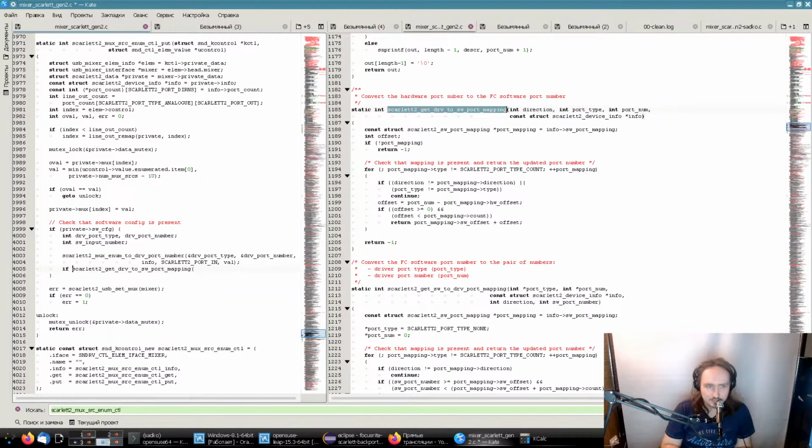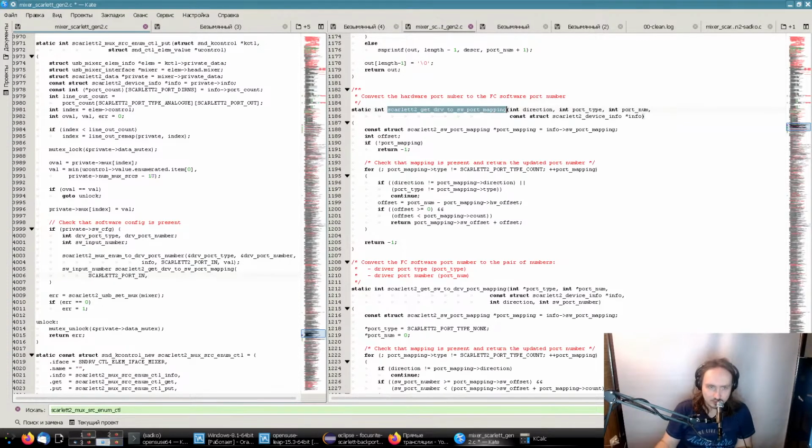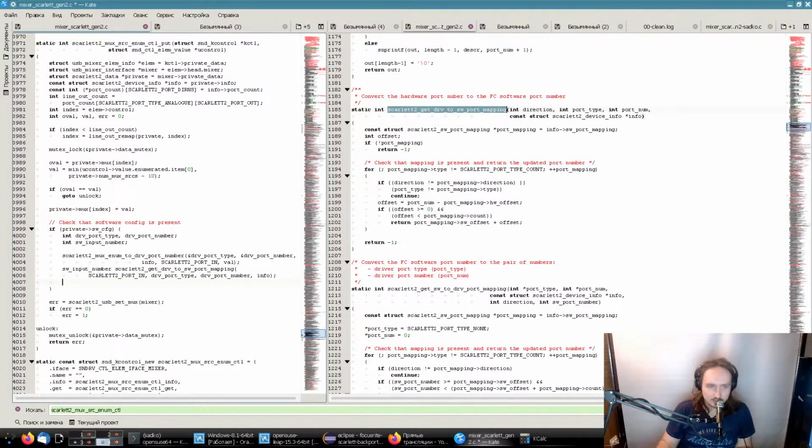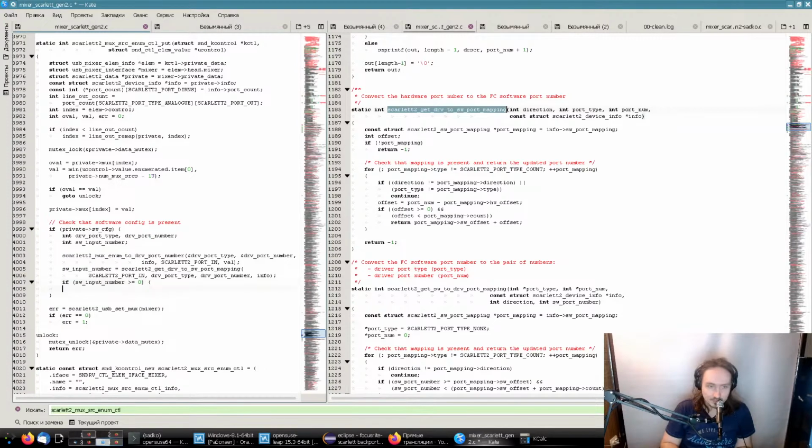If software input number is assigned this and we pass the driver port, we pass the Scarlett port in, then driver port type, then driver port number, then we pass the info and do the assignment, and if the software port input number is greater or equal to 0, then we can